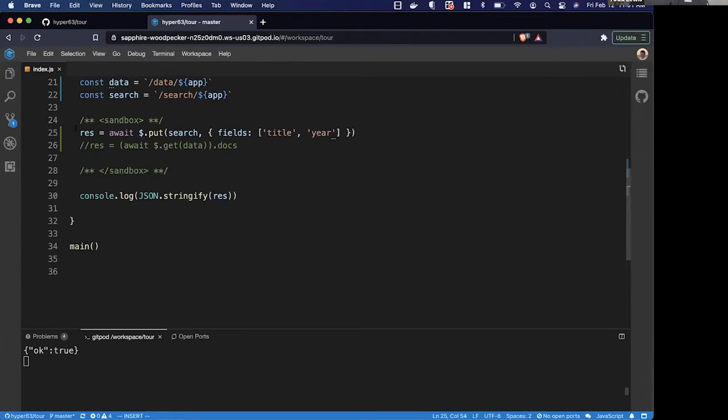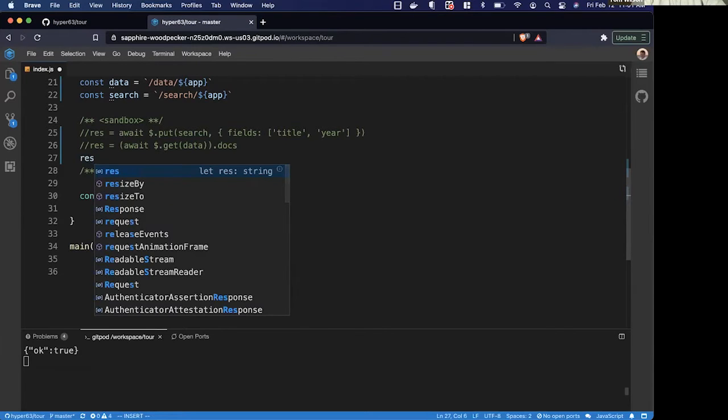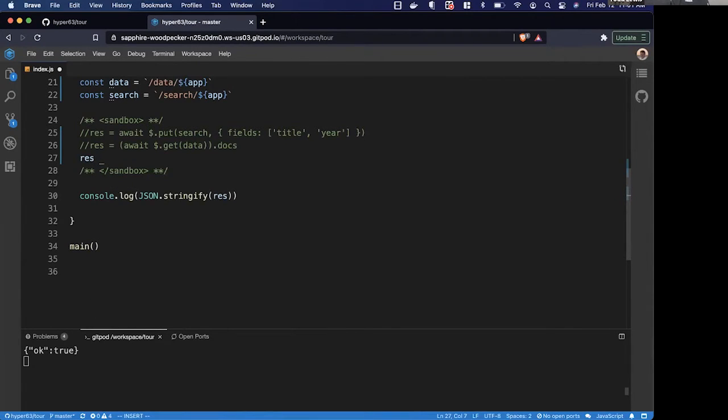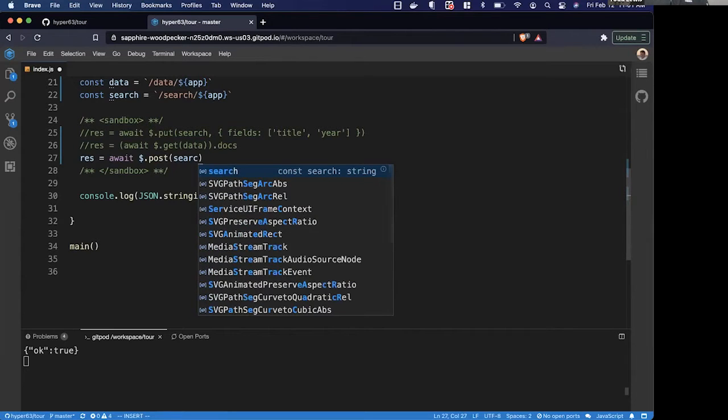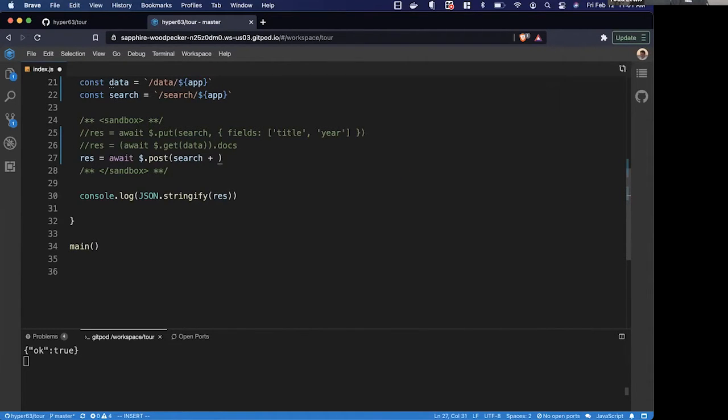And now we've got our search database, and we can go and just add some documents to it. So we're going to do await, and to add documents, we'll do a post, and we'll say search. And then we're going to add to our REST endpoint a command _bulk. And this is just going to say, you know what, we want to put more than one document in the database or the search index